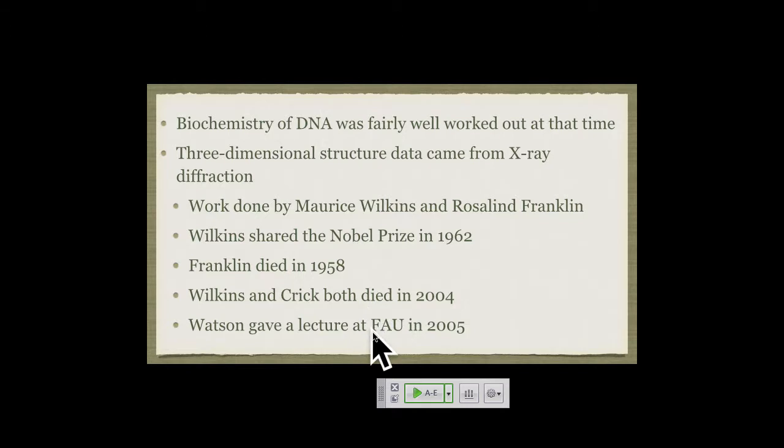Hopefully you guys haven't been undergrad since 2005. But FAU started a Nobel laureate lecture series in 2005, and Jim Watson was actually the first speaker. It was one of the few speakers that it was open to the public, and we ended up having to basically webcast it into several different rooms because the tickets were given out very quickly. So we had 500, 600, 700 people show up for that lecture.